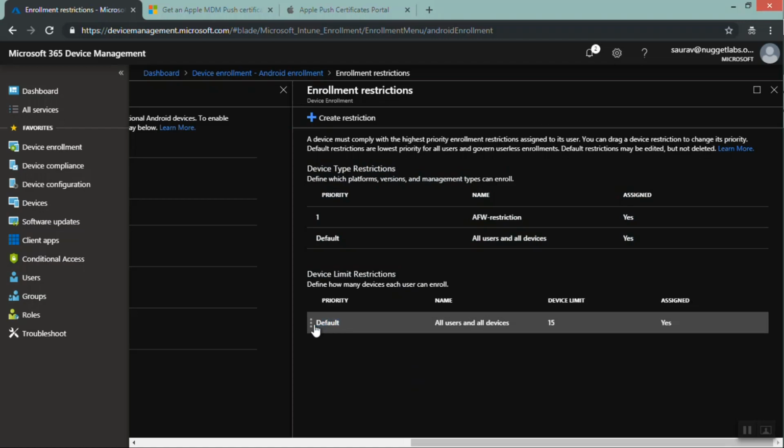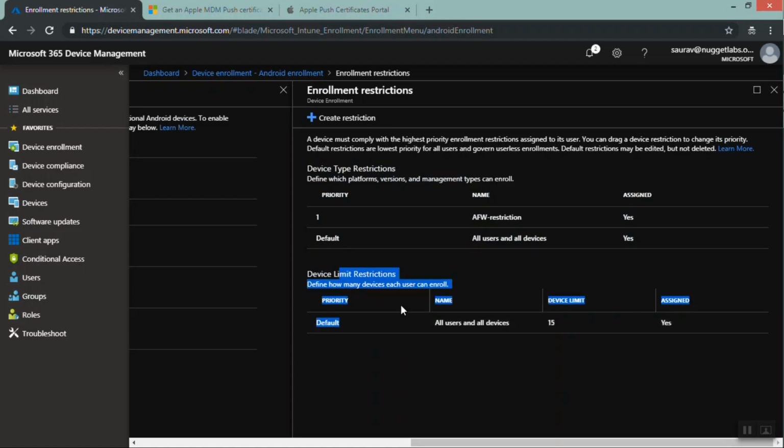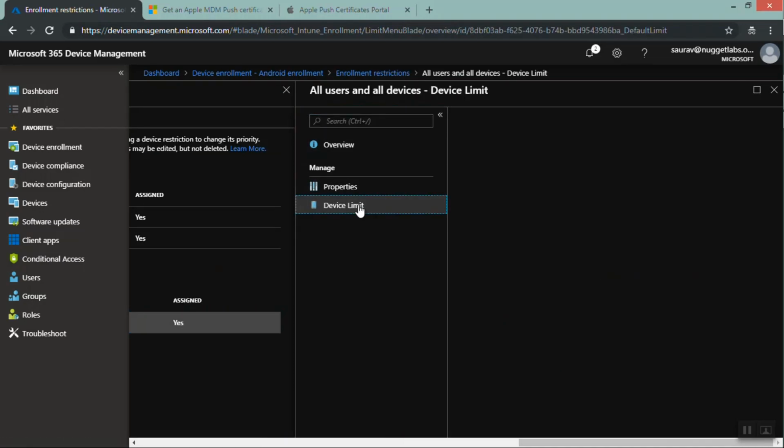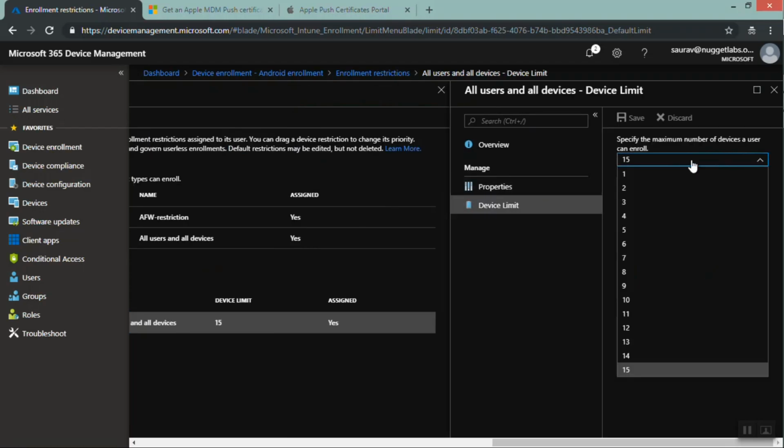There is a default device limit restriction, and it is limiting to 15 devices assigned to all users and all devices. What this means is any user will not be able to enroll more than 15 devices using the same account. If you want to restrict it even further, you can probably create one more restriction. Let's see if it gives us the option of editing this. Yes, it does. So 15 is the maximum limit. If you want to reduce it even further, you can set it to 1 and save,